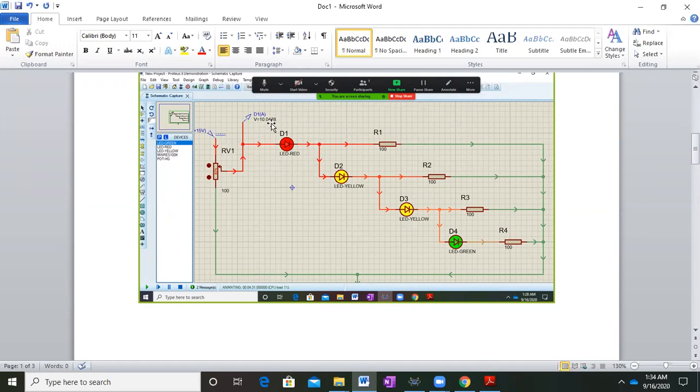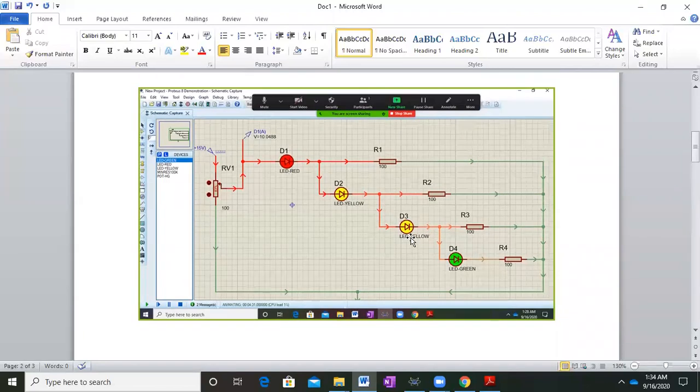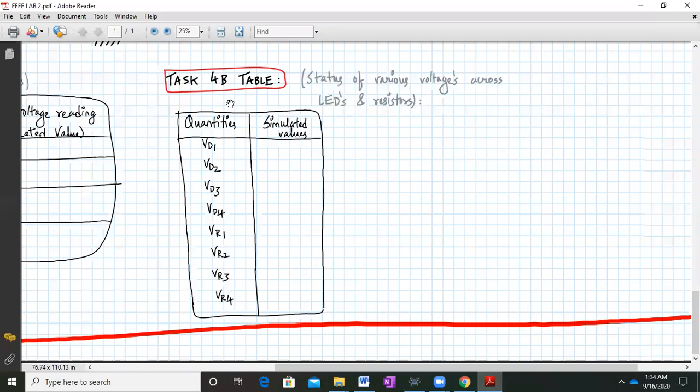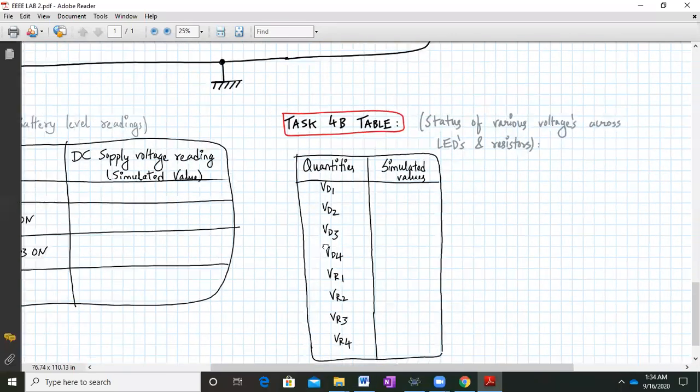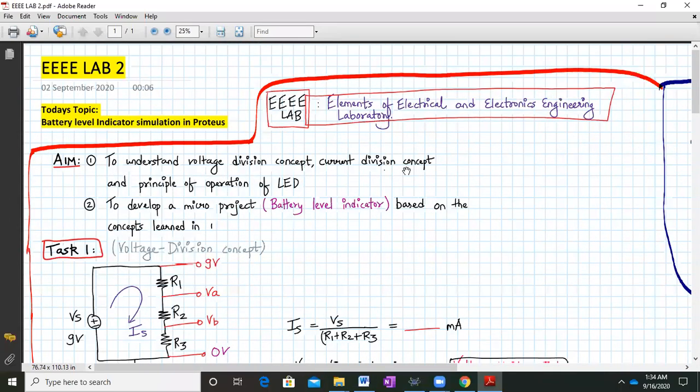So this is the way for every case you can attach a print screen. That means when my first LED is going on, or two LEDs are going on, three LEDs are going on, and all four. So make sure that the animations are turned on and the voltmeter and all that is connected. You can attach as many print screens as you want. Okay. I think we have come to our end. I think I have discussed everything. This was the last table, 4B, and I think that's it for this battery level indicator.